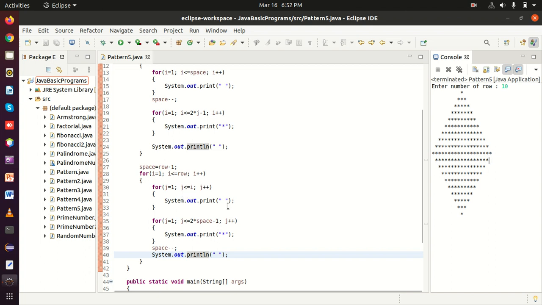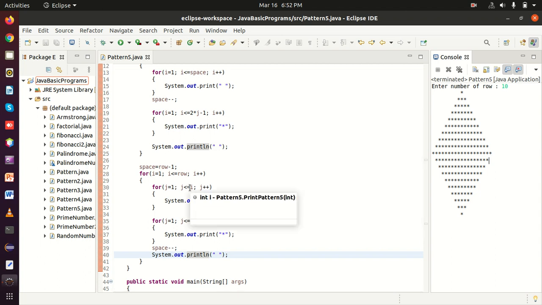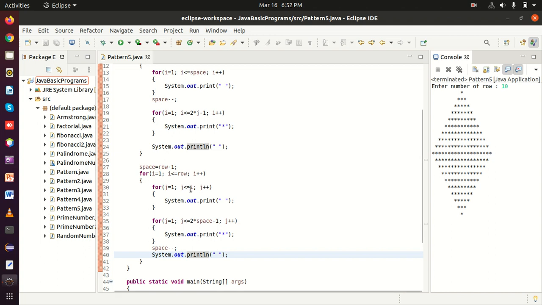Now j plus plus, the value of j will be 2. Is 2 less than 2? No, but 2 is equal to 2, yes, condition true. Now it will print one white space again, 2 white spaces. Now the value of j will be 3. Is 3 less than 2? No. Is 3 equal to 2? No. Condition will be false.